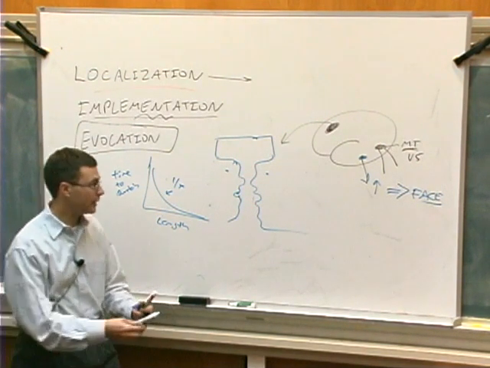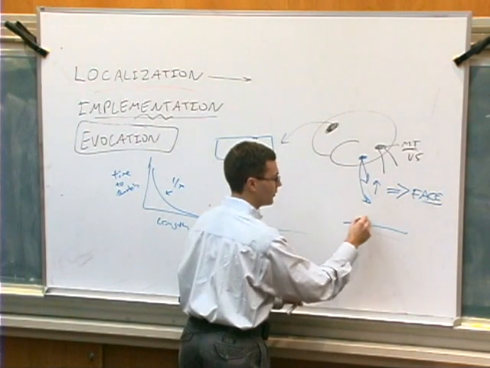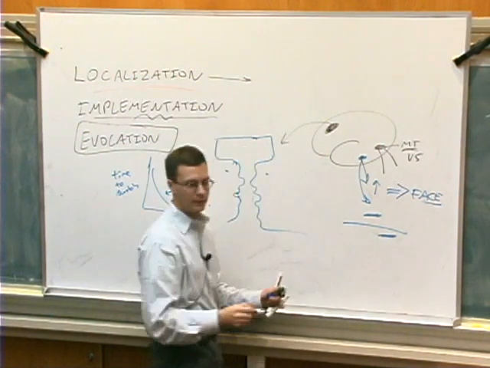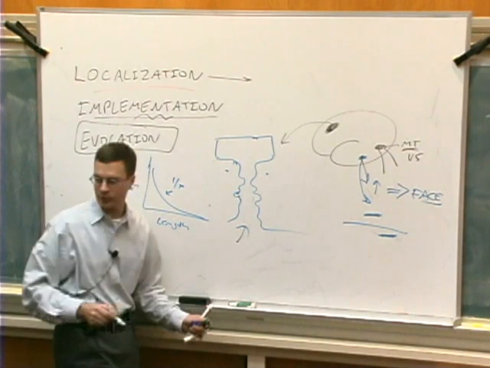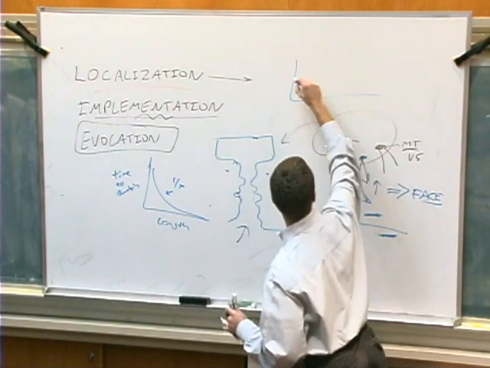Well, you have a way of doing that. You look at the neuronal activity at this location, and you say anytime the neural activity is above this level, they're seeing a face, and anytime it's below this level, you say they're seeing a vase. Okay? And then you put it in the scanner, and you have them stare at this picture, and you measure the neuronal activity from this area, and you get a time course, which might look like this.